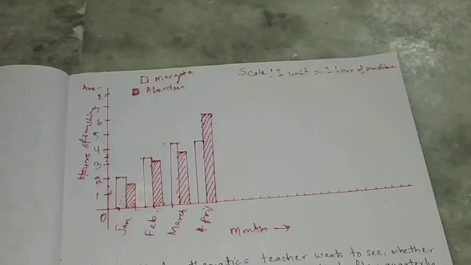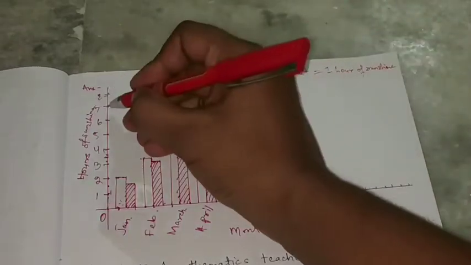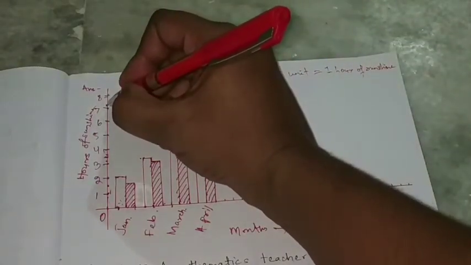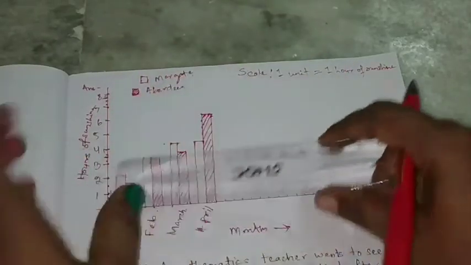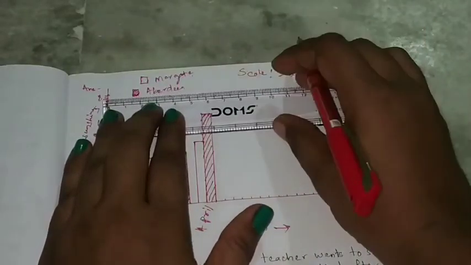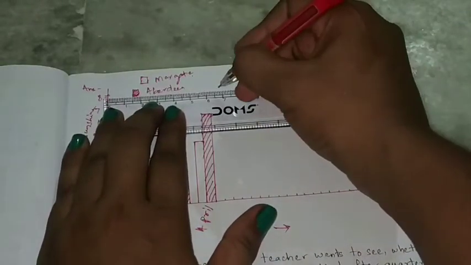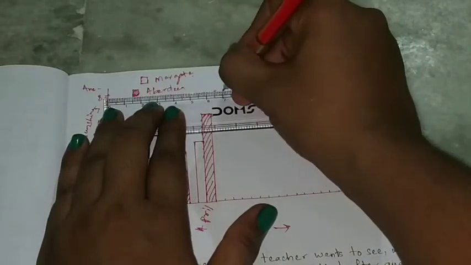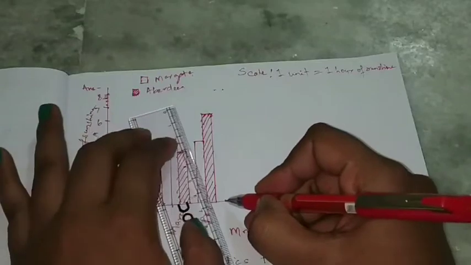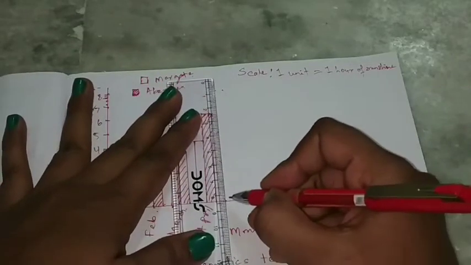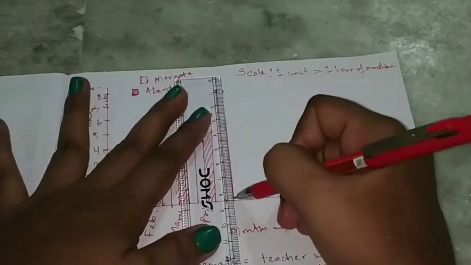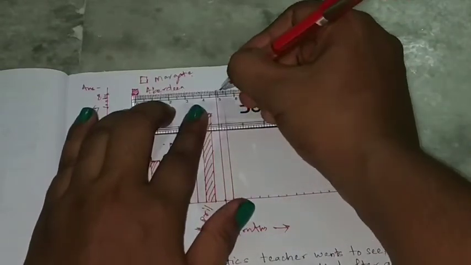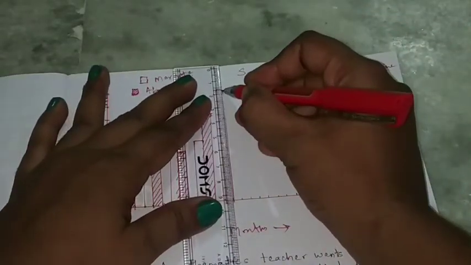Next is May. May is in Margaret it is 7 and 3/4. 7, look at here, 7 and 3/4. What you will do? You divide into 4 parts. 1, 2, 3, 4. So this is 3/4. What you will do? You take here and what you will do? 3/4. So here we will take the same amount of gap what we have taken before. Then make this. We will always maintain the gap. Okay.